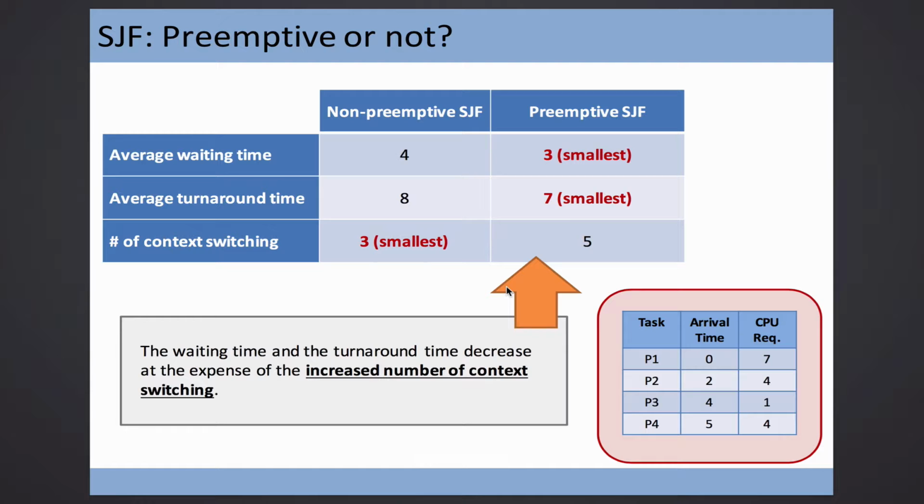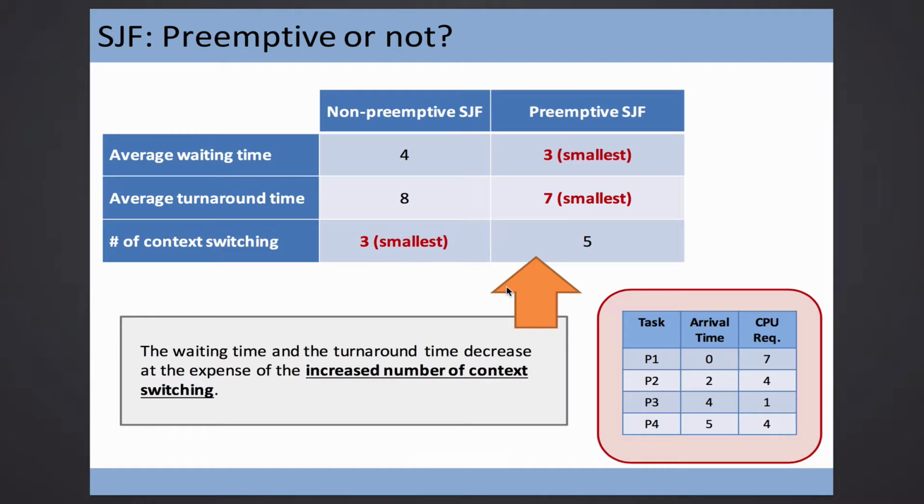Now, what are the happiness calculations? Okay, so I have a contrast here. The non-preemptive version means you don't care about the new arrival. Okay, no matter what is coming, I will keep on doing the assignment that I have on hand. So you will have waiting time, your average unhappiness, okay? The average unhappiness is based on the assignments, okay? It's kind of strange, okay? Let's consider it as an unhappiness index, okay? Unhappiness index. And the average finish time of the assignment will be 8.